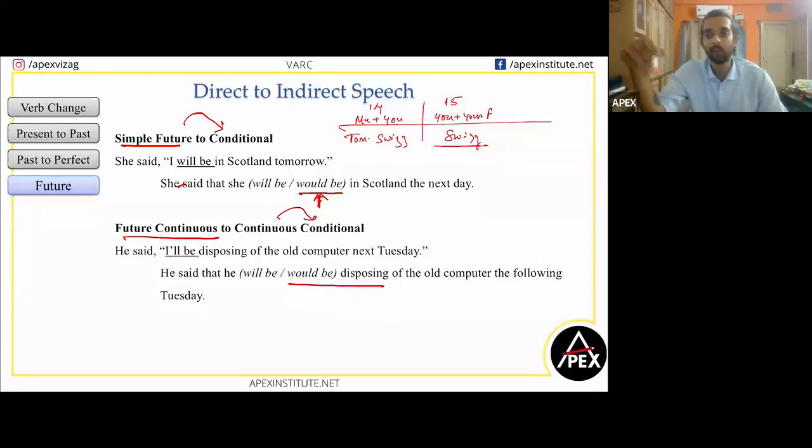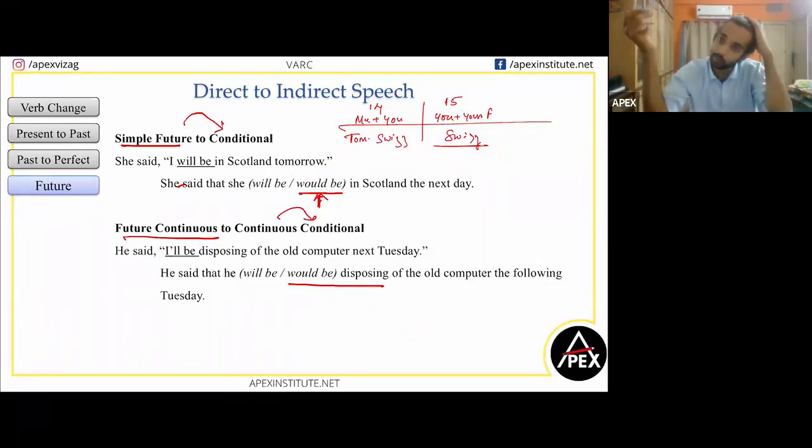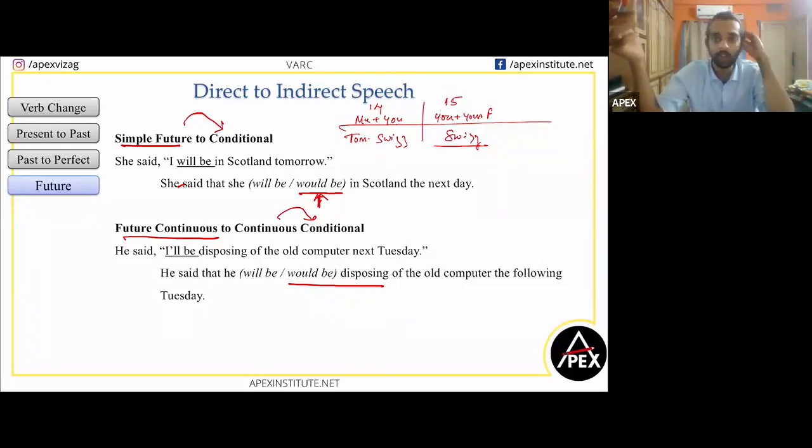So if you guys are able to grasp these concepts, my sincere suggestion is go back home and talk to each other. I think the other day someone was texting me about how do I practice English when there's no one else to speak with me or when people make fun. There are all these online chat rooms also, where you can go and speak to native English speakers. You don't even need to speak to someone from India. You can connect with someone online who's sitting somewhere else, maybe in the US, UK, or somewhere, and just have a small conversation with them.